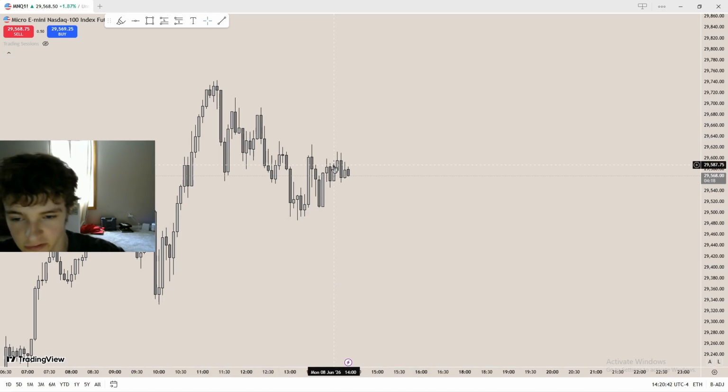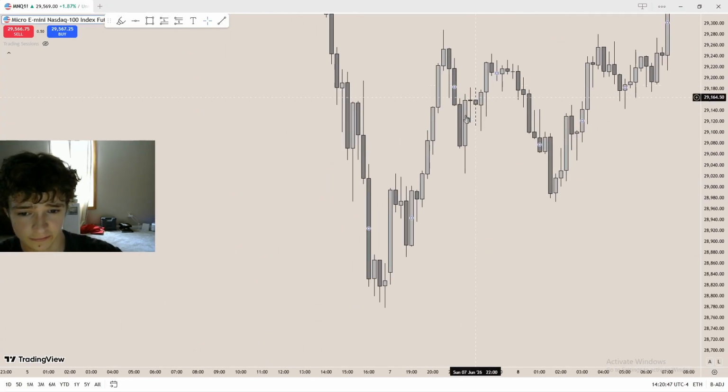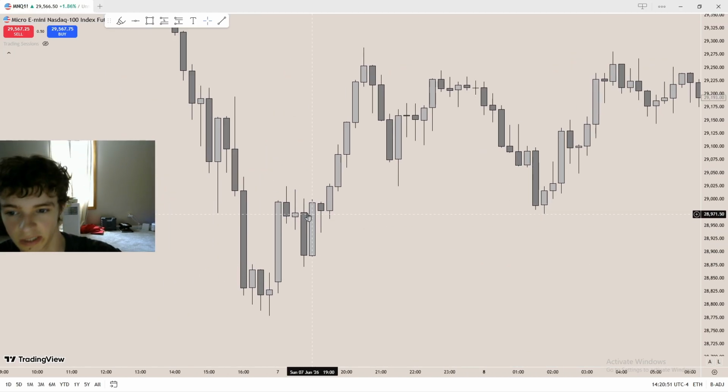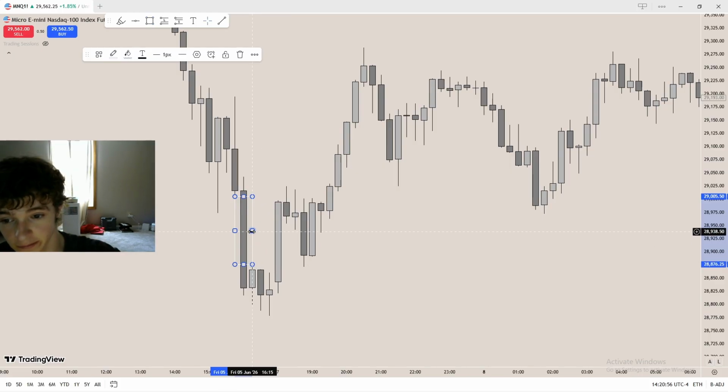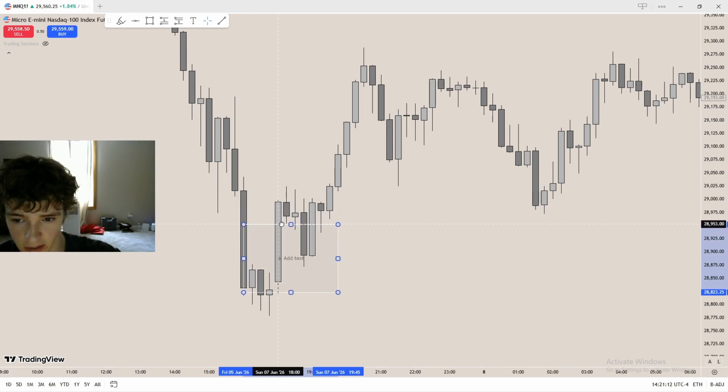And then let's go back to the inverse. Let's go back to the 15 because I saw somebody for the inverse. All right, here's the juiciest, literally so juicy, guys. Let's look at this. Here we have this really fat fair value gap, inverse. So we see price come in, break through this 15-minute one right here. So we break through this 15-minute IFVG, and then we get hit with this normal FVG.